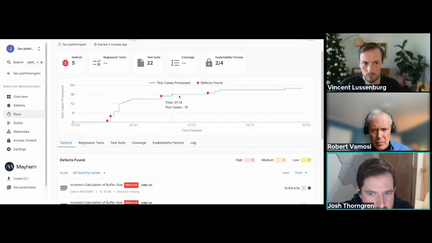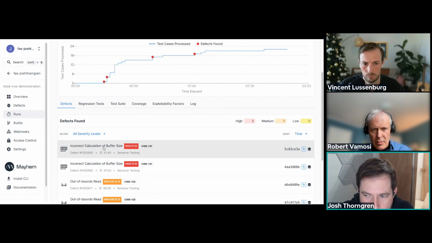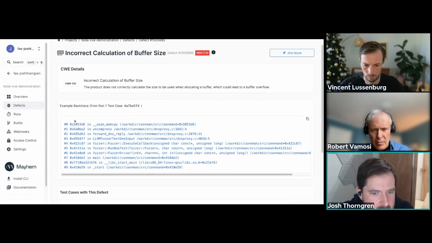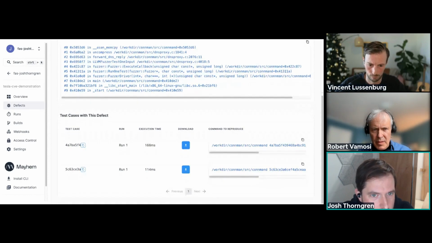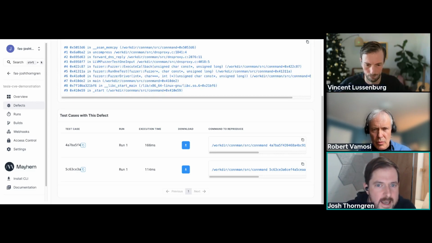So as this continues to run, you see that Mayhem is generating test cases and identifying defects over time. For every defect, Mayhem provides a backtrace and test cases that you can share for folks to reproduce this. Part of the question when we talk about how to effectively shift left, or how to bring DevSecOps into a V-shaped development lifecycle, is how do we make it so that we have minimal impact on a team's ability to ship a vehicle and on an organization's ability to maintain a healthy